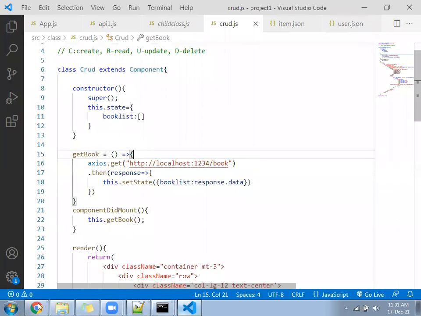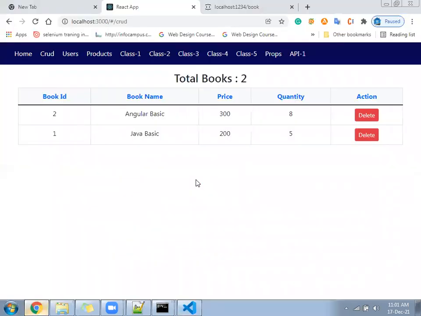Next we will create a component to save the data. Separate file. There we will save the data, and this file will list the data. One file for the saving purpose, another file for the listing purpose. And your data will store permanently. It's not like save and after some time it will delete automatically. It will go to that JSON file and be there safely. You can delete from here or through the system.